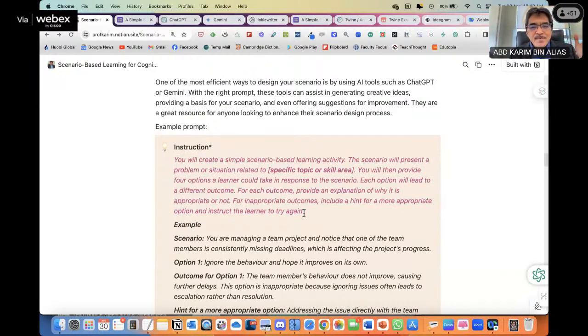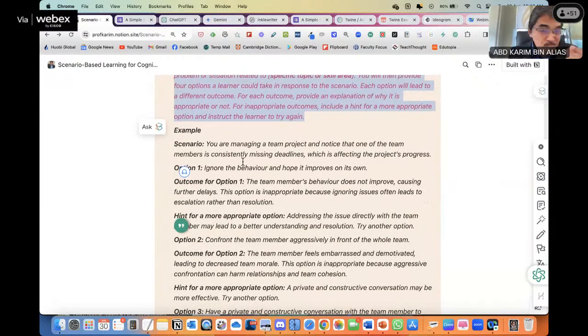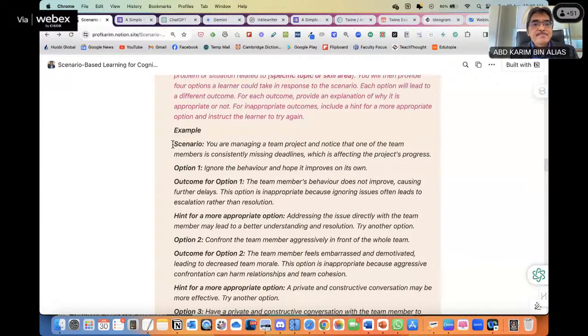So when I put this in ChatGPT, this is the response that I get. Scenario, then option 1, then the outcome for option 1, then the hint.